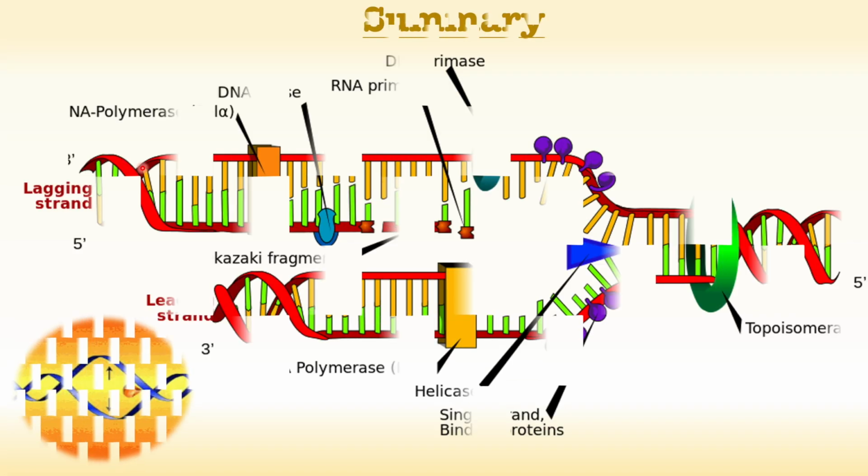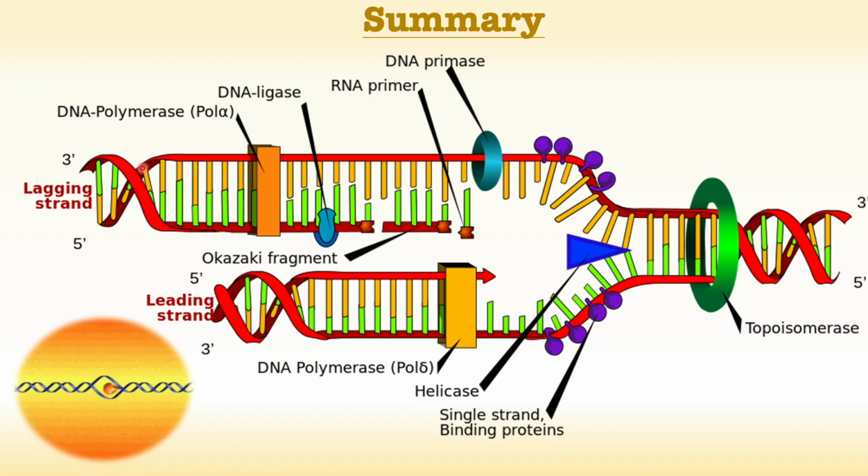To summarize, this figure illustrates the process of DNA replication, showing the synthesis of the leading and lagging strands. The leading strand is synthesized continuously, moving in the direction of the replication fork as indicated by the arrow. The lagging strand, on the other hand, is synthesized in short fragments called Okazaki fragments, moving in the opposite direction,